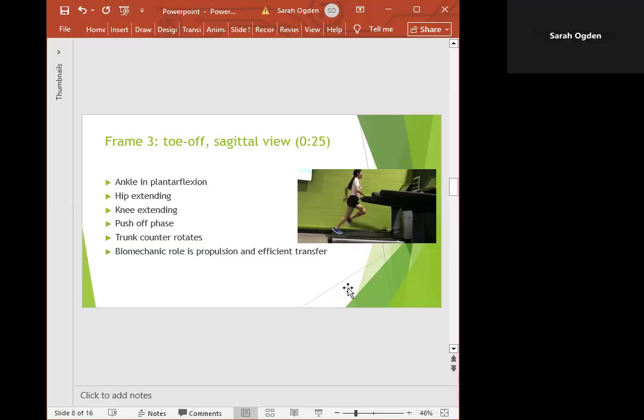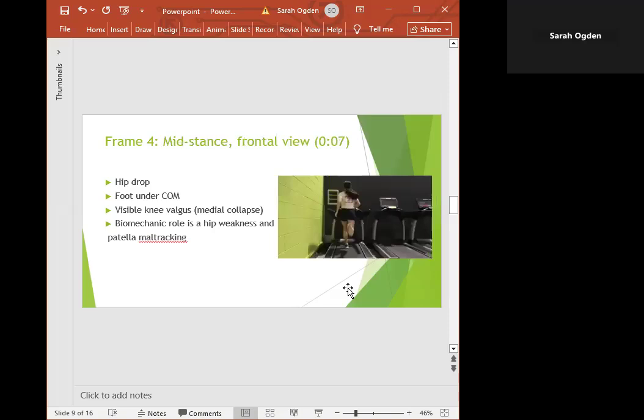So moving on to frame 4. We now move on to the frontal view, which is also a mid-stance view that I've chosen, but you just get to see a different angle of it. So the frontal view, I've picked this at 7 seconds into the video, and you can see there